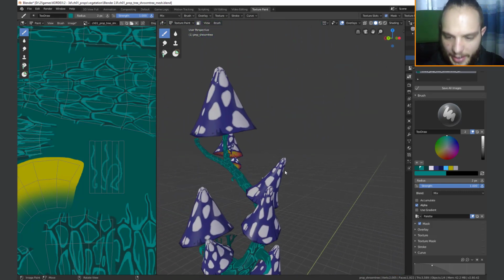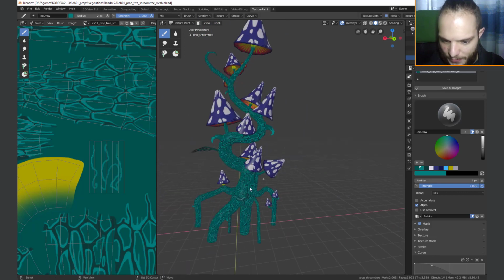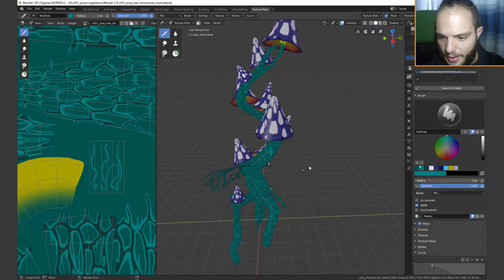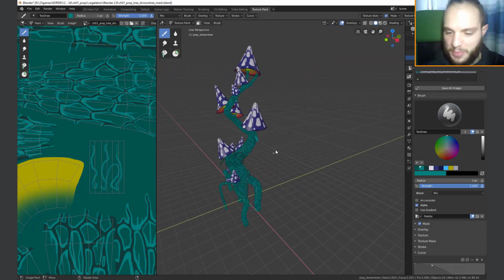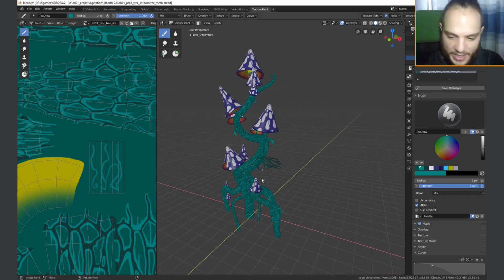Okay, I'm happy with the texture now. What do you think about this? There's only one step before it's finished. I will